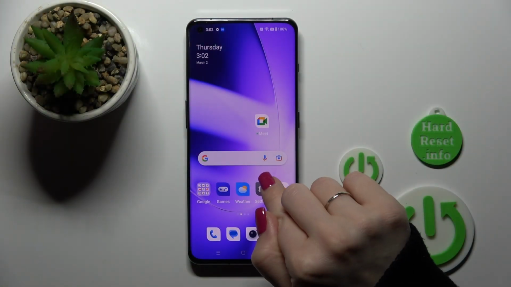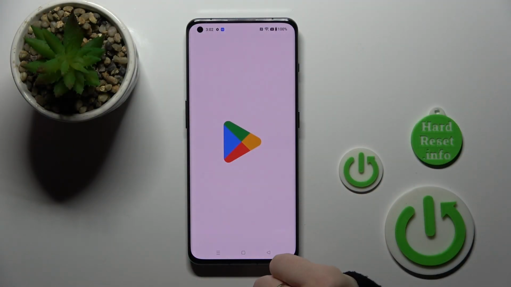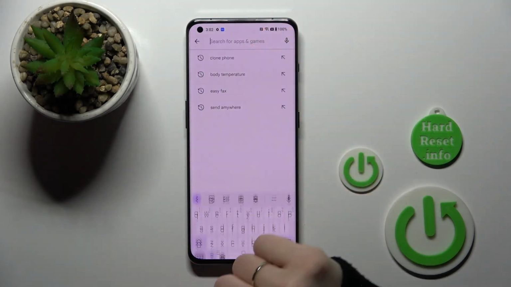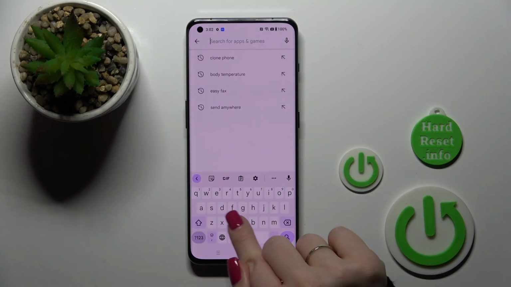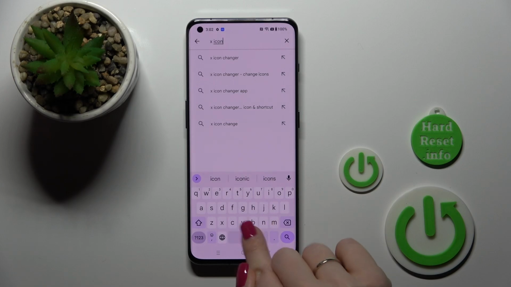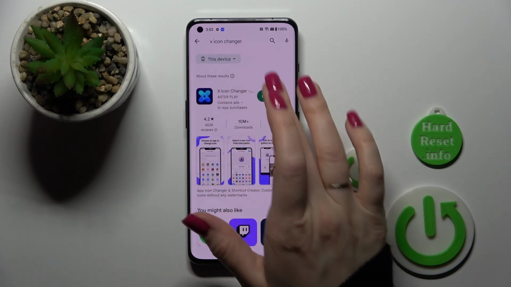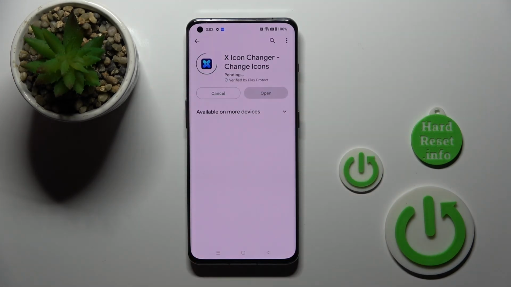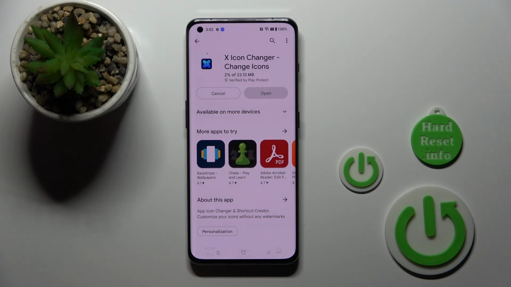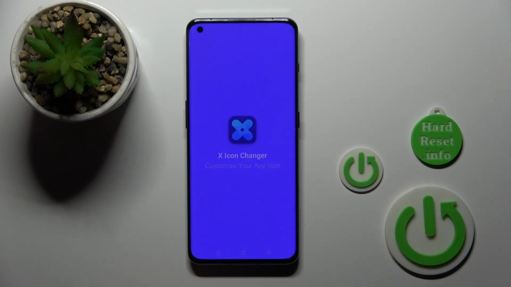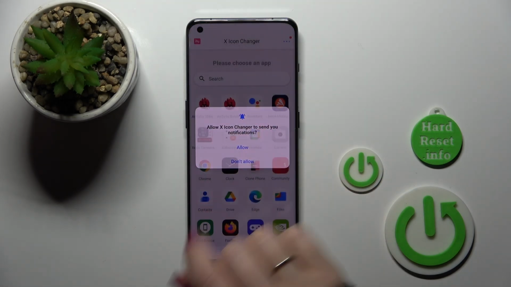So let's first open the Play Store application, and after that enter in the search pool the Icon Changer. After that we should tap the install button just to get this application and just wait a couple of seconds. After that we just should tap to open the app, click to allow,